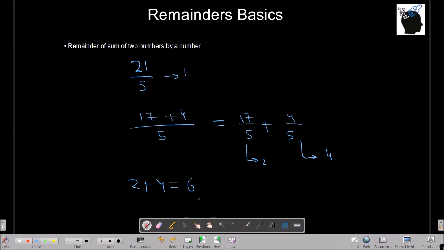So I tried dividing a couple of numbers by 5 and I got remainder as 6. And I know that is not correct because the remainder has to be less than 5. So I'm going to divide this 6 again by 5 to get the final remainder as 1. So the theory behind this is, if you are trying to divide a number by a particular number, let's say 5 in this case, then you can very well break that number into two numbers, find the individual remainders by 5, add the remainders, and you will still get the same remainder. Let's see how we can use this knowledge in a couple of problems.